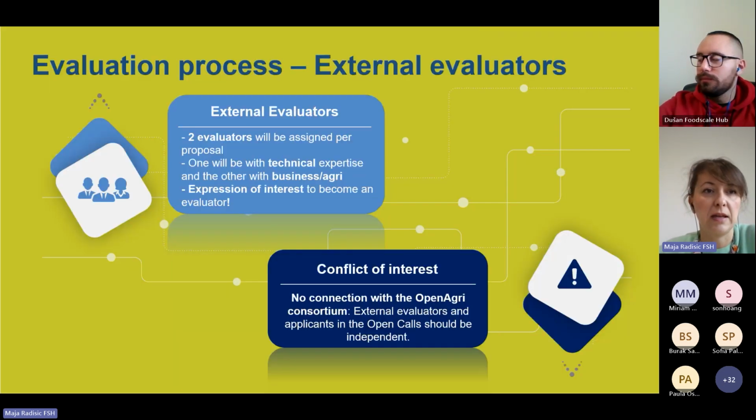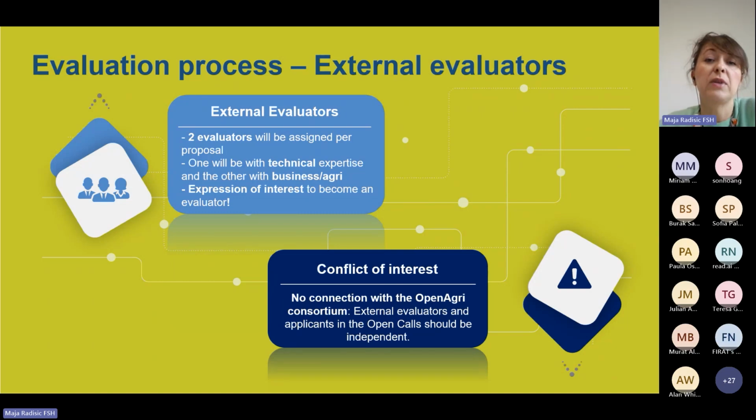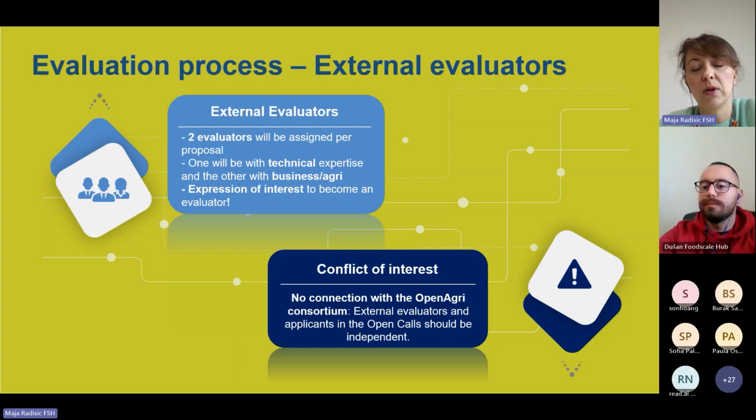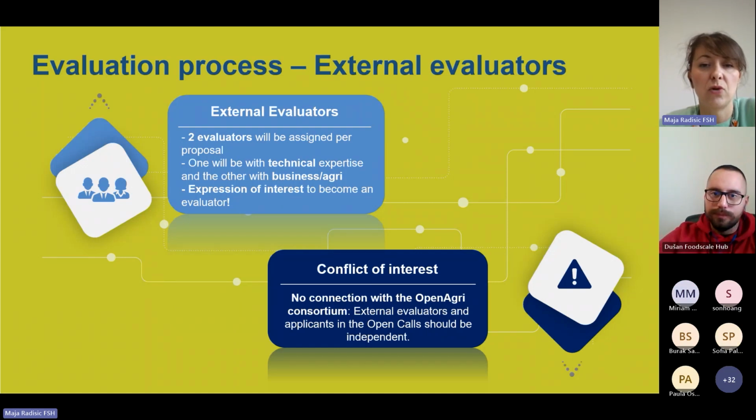External evaluators: 2 evaluators will be assigned for each proposal, and one will have technical expertise, while the other will come from a business or agriculture background.